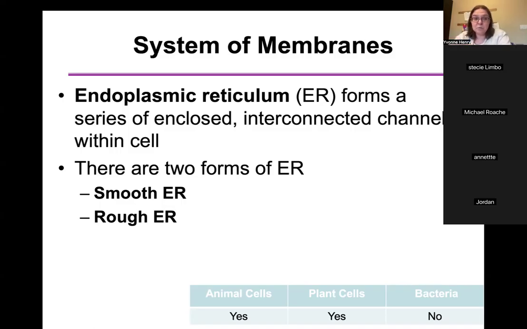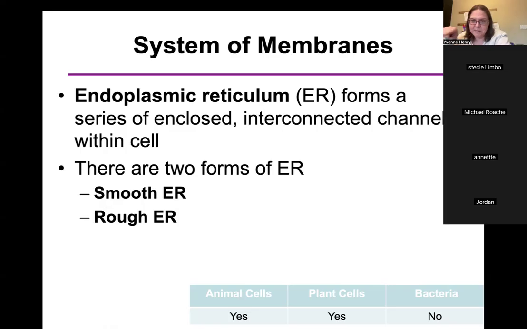And some proteins can be really, really complex, that you can't just put a bunch of amino acids in a line and say, go do your job. After you've put the amino acids in a line, they need to be folded, then they need to be edited, then they need to have something cut off of it, and then something added to it. So there's a lot of different steps that are going to happen to this protein as it moves through these two endoplasmic reticulums. So we have the smooth endoplasmic reticulum, and it's just called smooth because there is no ribosomes